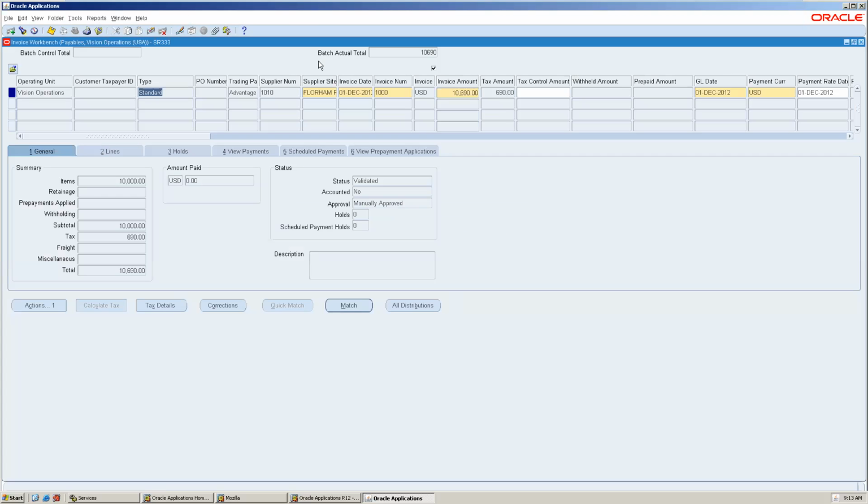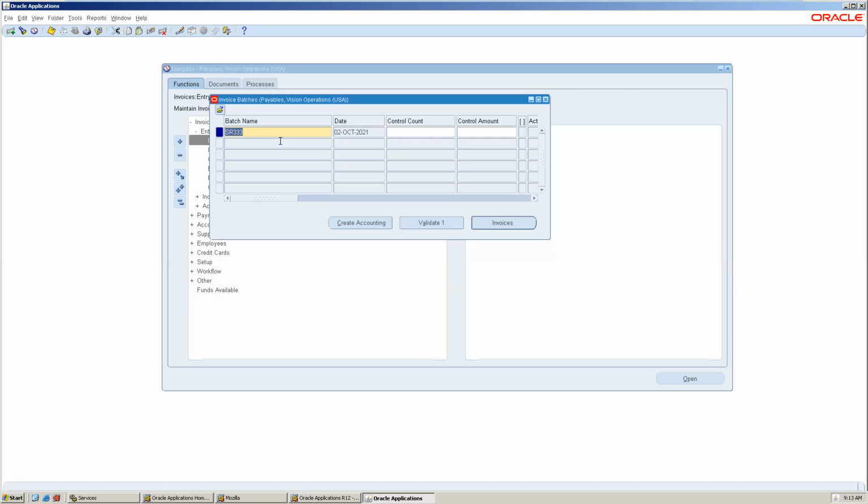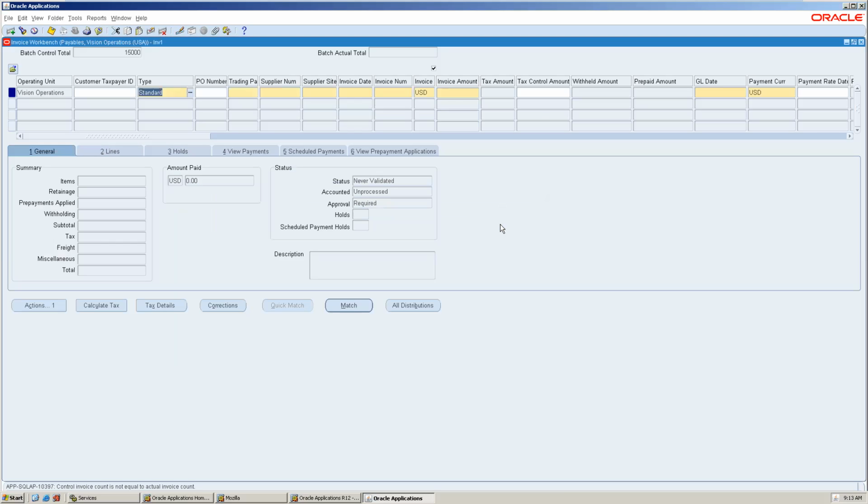See, I didn't give the batch total or anything, I just created it. Invoice 1. I'm giving one invoice of 15,000.